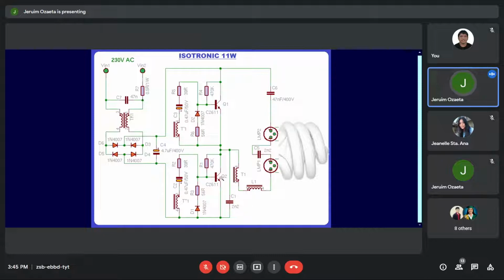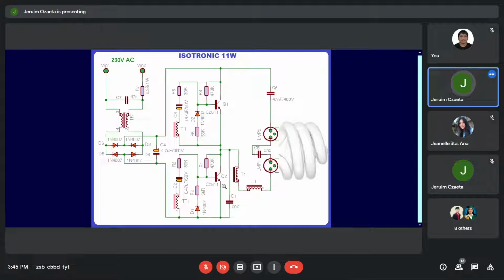When Q2 conducts, what happens? Q2 conducts, this becomes positive, and this becomes positive, and this becomes positive. Okay, so C1 will become positive. And if C1 becomes positive, tendency of this is also to become positive. This will shut off. So the continuous presence of, by the way, by the time that this becomes,